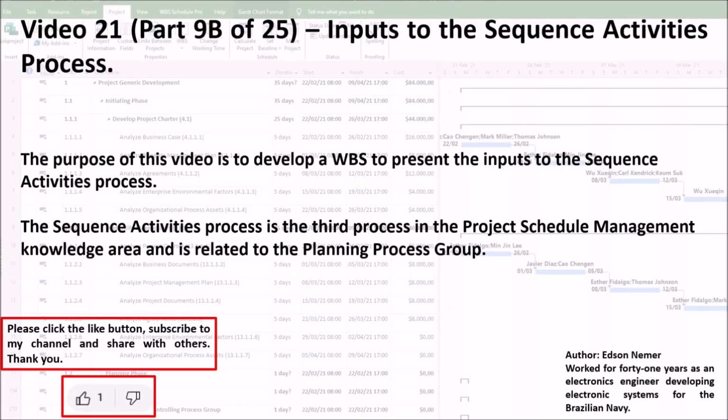Video 21, Part 9b of 25, Inputs to the Sequence Activities Process. The purpose of this video is to develop a WBS to present the inputs to the sequence activities process. The sequence activities process is the third process in the project schedule management knowledge area and is related to the